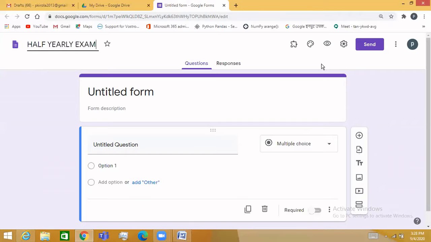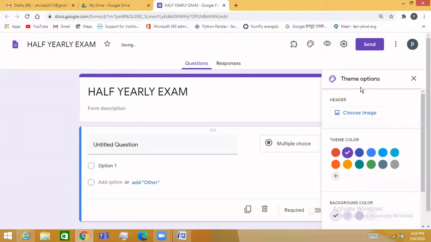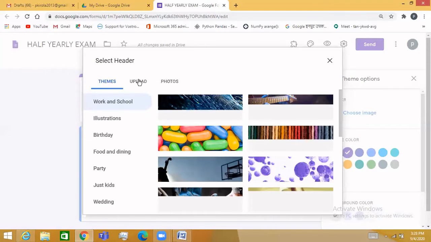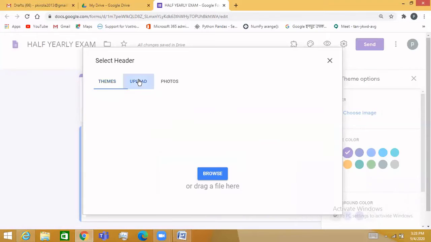Now you can click on the Customize Theme option that is available on the top of the screen. Under the header option, choose the image you want to upload. Let us upload from the system.